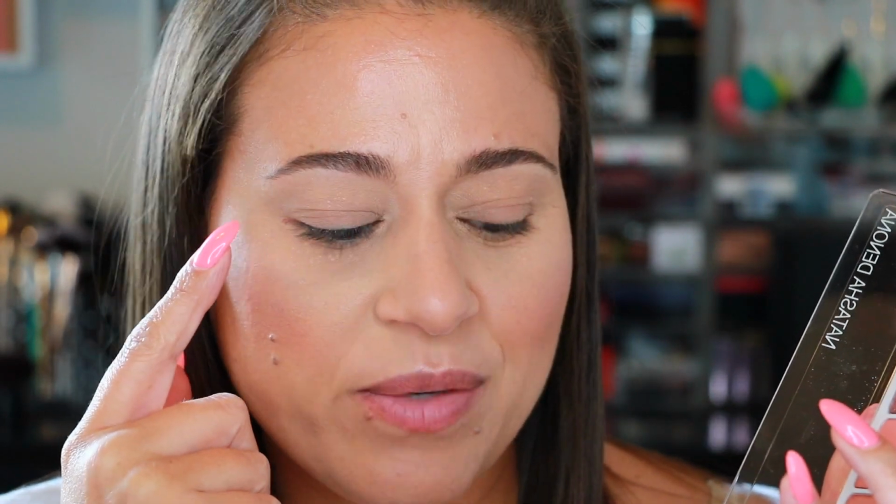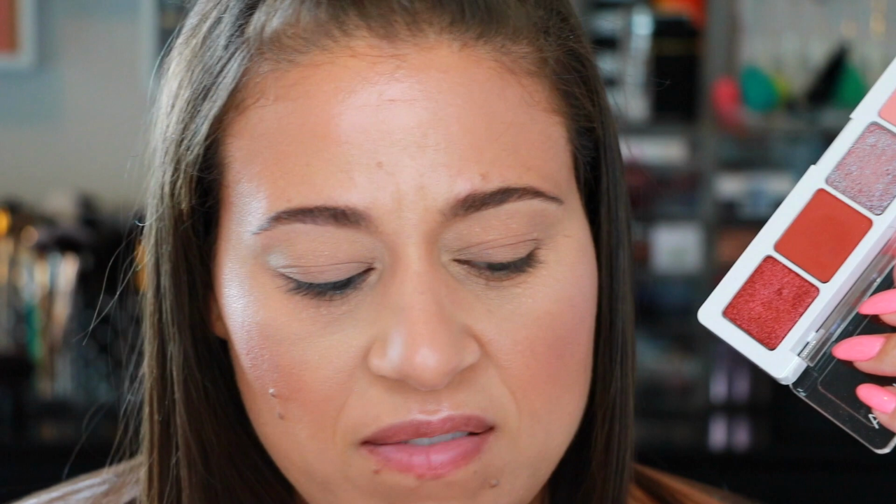I've always jokingly referred to that eye as my bad eye, and today, ooh, it's doing something. I think part of the problem is that I was trying to use all the shades even though I'm not inspired to do all the shades. So I'm gonna go through and use the palette as I normally would. I have now used all 5 shades and all 5 of them are very good. So I'm just gonna do a very basic kind of everyday eye just so that you can see how the